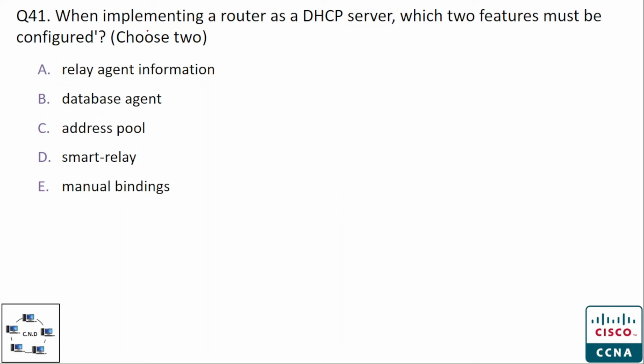Question number 41. When implementing a router as a DHCP server, which two features must be configured? We have to choose two options, and the options are option A, relay agent information, option B, database agent, option C, address pool, option D, smart relay, and option E, manual bindings. And the correct options are option C, address pool, and option E, manual